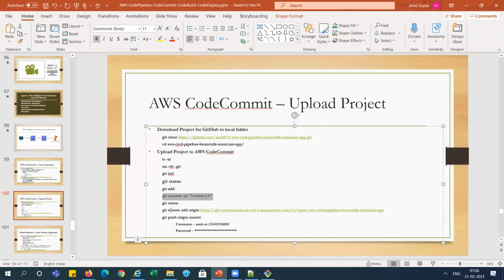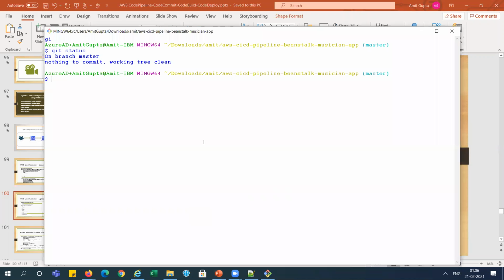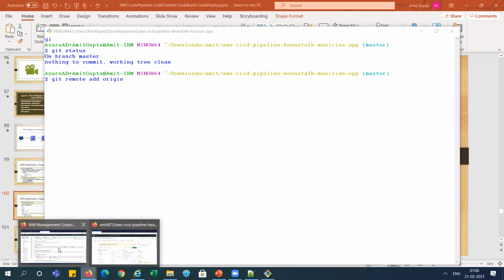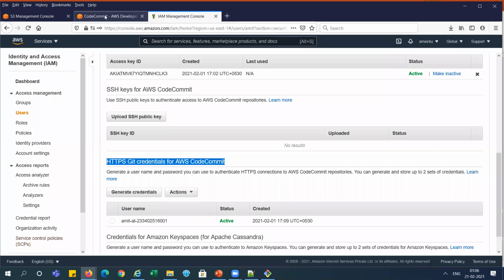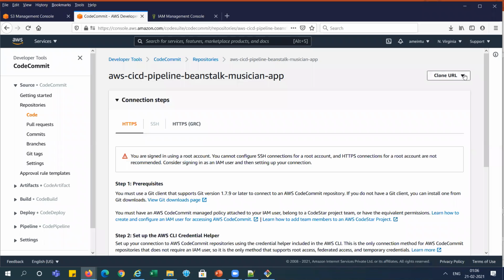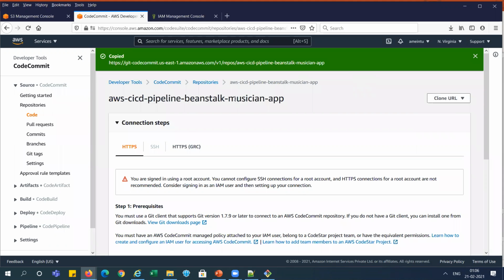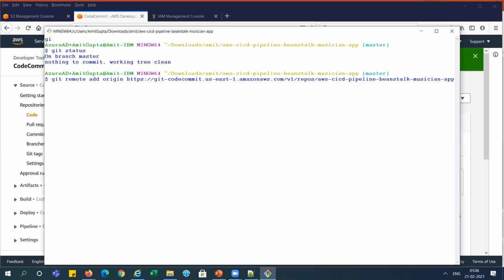So first we need to define the remote location for that remote repository. For this, we copy the URL of the repository which we have created and give the path here. This is done. Now we need to run git push.